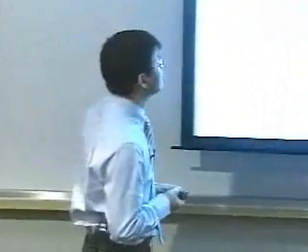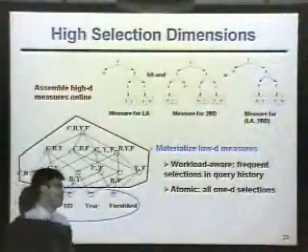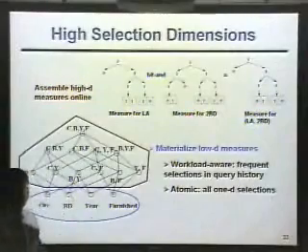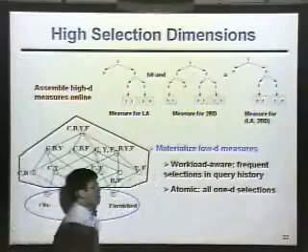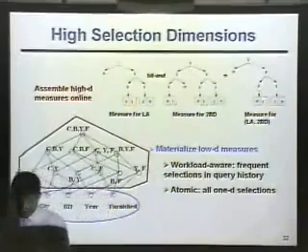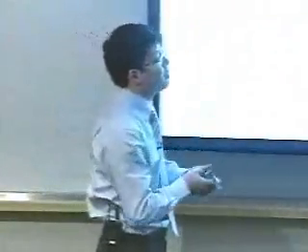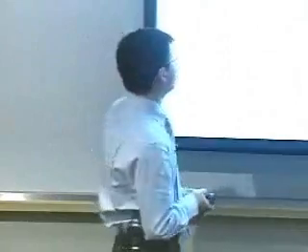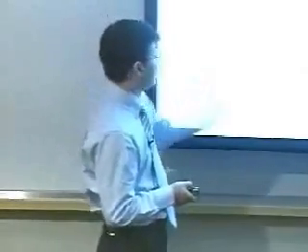What can we do? One way is that we can exploit the query history. We can look at those frequent selections in the query history, and we only materialize those frequently used selections. The other way is that if we do not have that workload, we just use some atomic configuration. That means we only materialize one-dimension selections. For example, we materialize selection for city, for bedroom, for year, and for furnished.